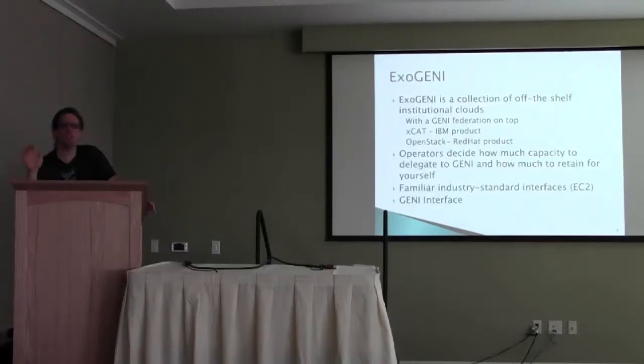Operators of an ExoGENI rack have the ability to decide how many of the resources they're going to delegate to all of GENI and how much they're going to retain for themselves. That is part and parcel with the Orca software. Orca allows you to determine how many resources within the rack, how many VMs, how many bare metal instances, how many VLANs, that sort of thing. You're going to partition between the service managers that actually handle the creation of